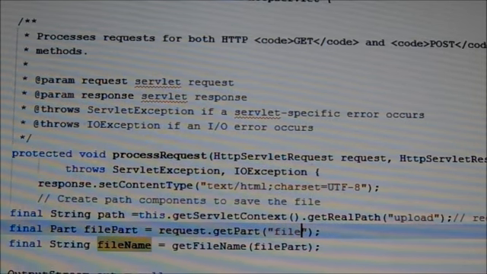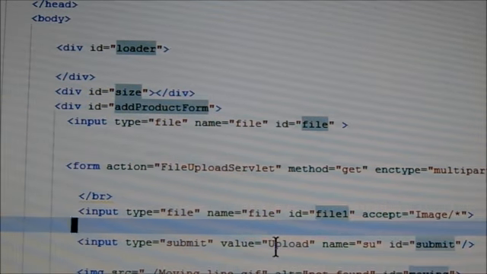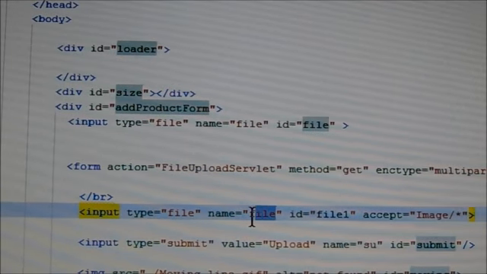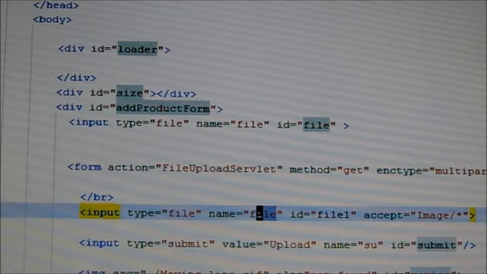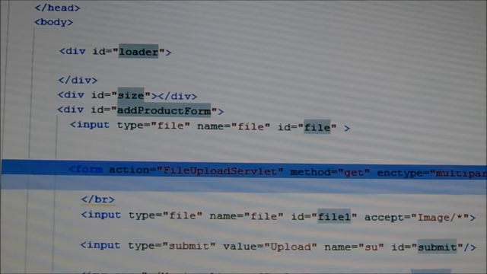Here file is the name which you define in your HTML page. Here we see we define file in the HTML page, and this is the multipart type.